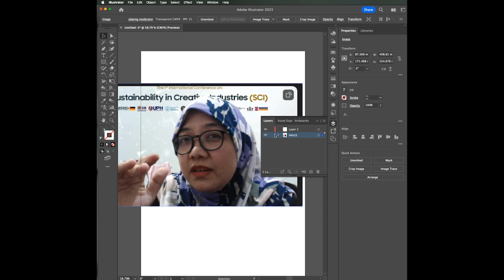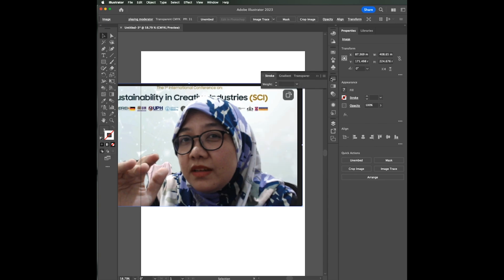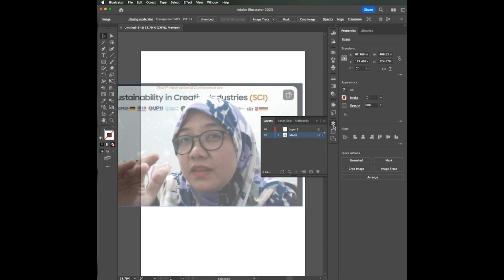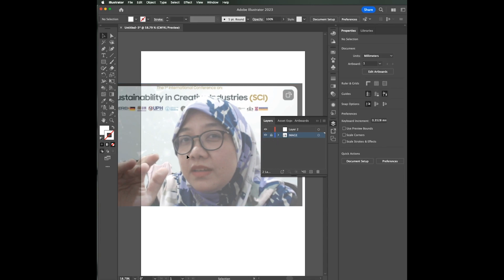So this one, get this tool and highlight it, go to the stroke option, transparent, make it 60%, close enough, 60. Then you go back to layer, and this time I want you to lock it so that you can't edit it anymore, and then click on layer 2, double click and label it